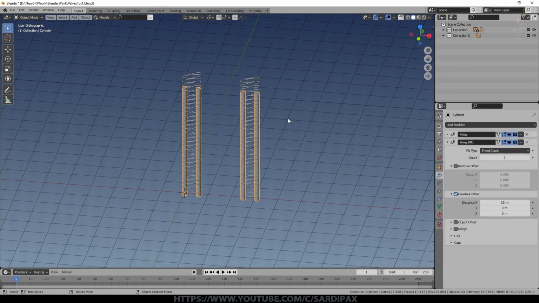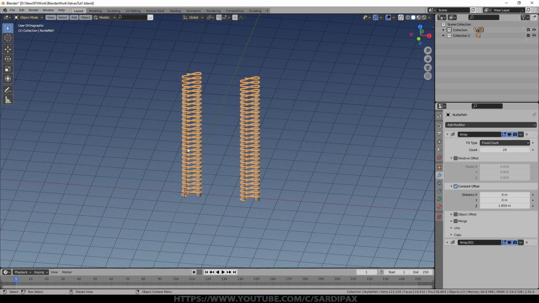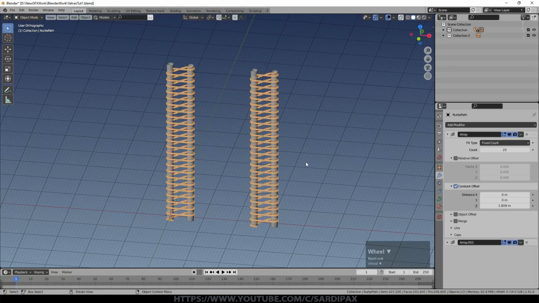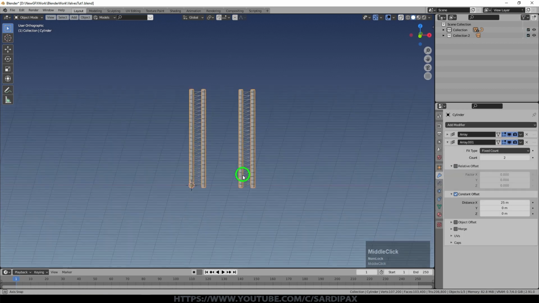Now we could at this point, if we wanted to turn the wire into a mesh, you can just right click the wire and say convert to mesh, and you could then join it to the cylinder, and then you'd only need to adjust one object array modifier in order to make it taller or shorter. But it would mean you wouldn't be able to easily adjust the thickness of the wire and things like that. So as far as possible, try and stick with arrays. It adds a little bit of complication in some ways, but it also means that you've got flexibility if you want to change it later.